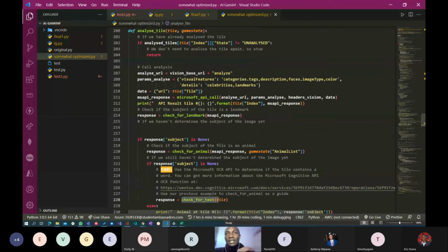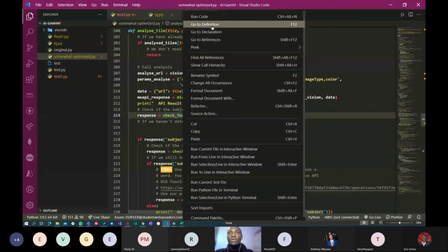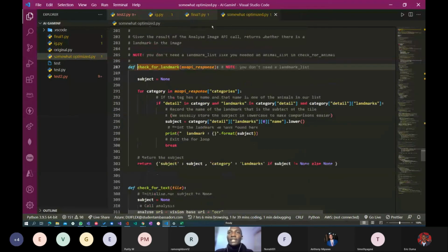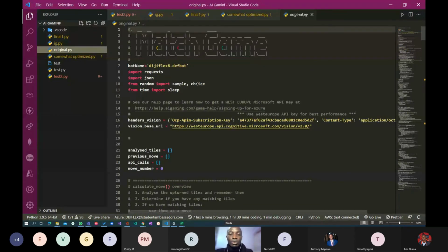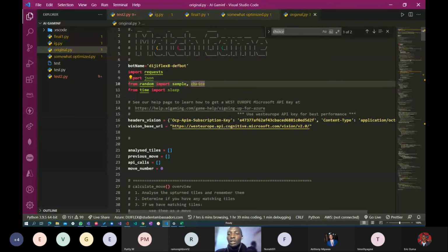But there's something I did add. If you go to check for landmarks, go to definition, instead of just returning, I think I need to look at the original file and look for check for landmarks. Let me use control find, check for